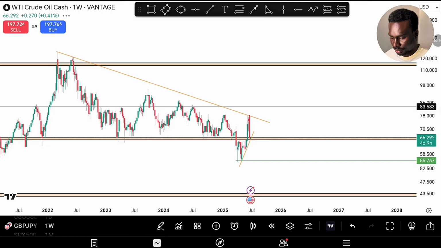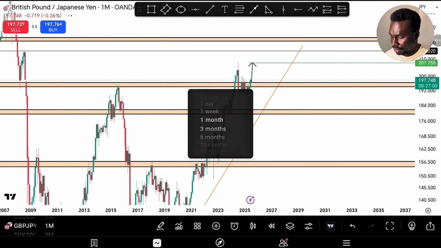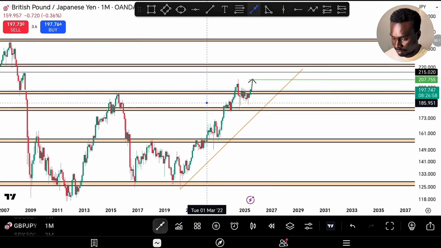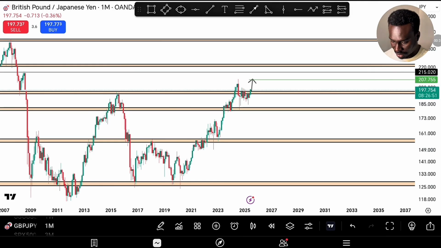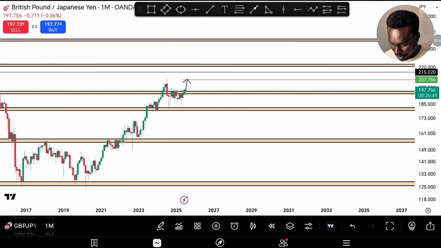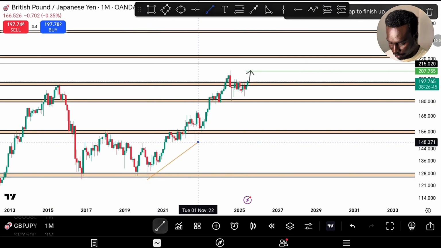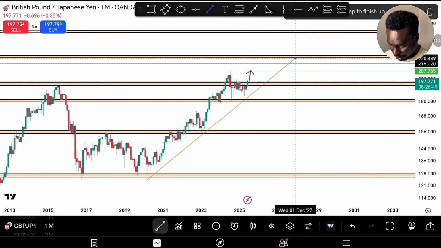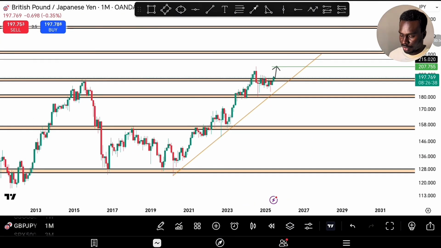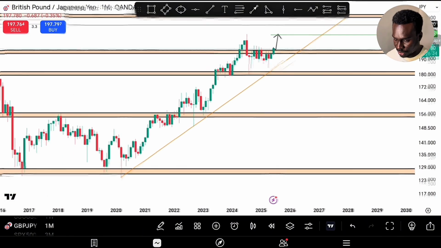GBP JPY. So this is GBP JPY. On the monthly, GBP JPY has been bullish for a while now. So you've seen it clearly from this trend line. You can see here, this trend line was properly drawn. Just ensure that this trend line was drawn correctly, because I pride myself in drawing accurate trend lines. So this is the trend line. Okay, so this is a trend line obeying those two touches. Yep, so this is the trend line for